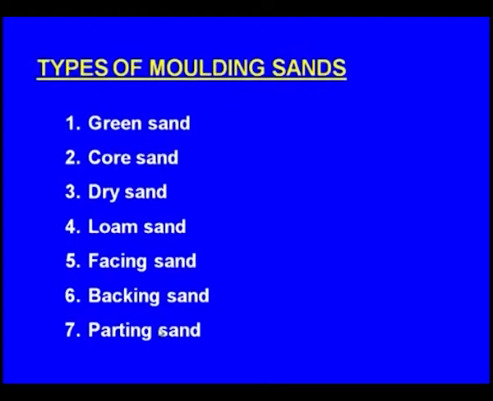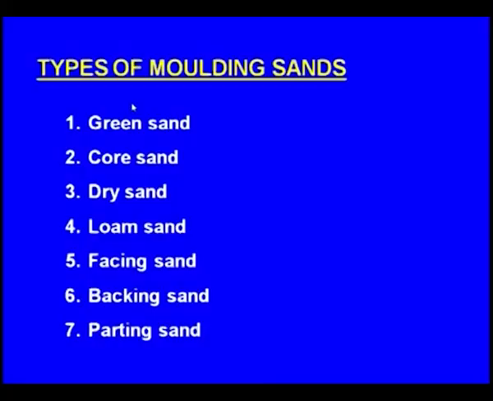And regarding the green sand, we have learnt widely about it: what are its ingredients, what are its components and what are its properties, and how to test the properties, we have learnt in detail. And the second important sand in metal casting is the core sand. So, today let us learn about the cores and the core materials. What are these cores and what are the materials for the cores?